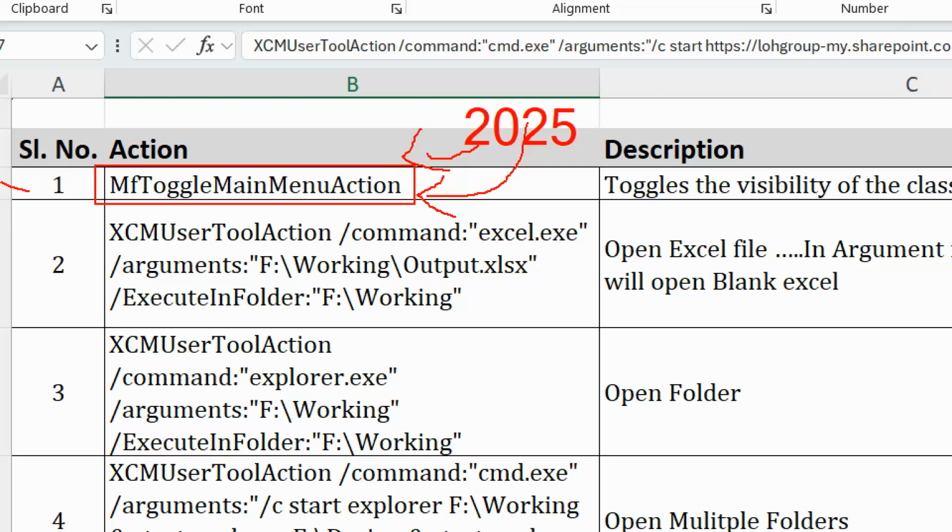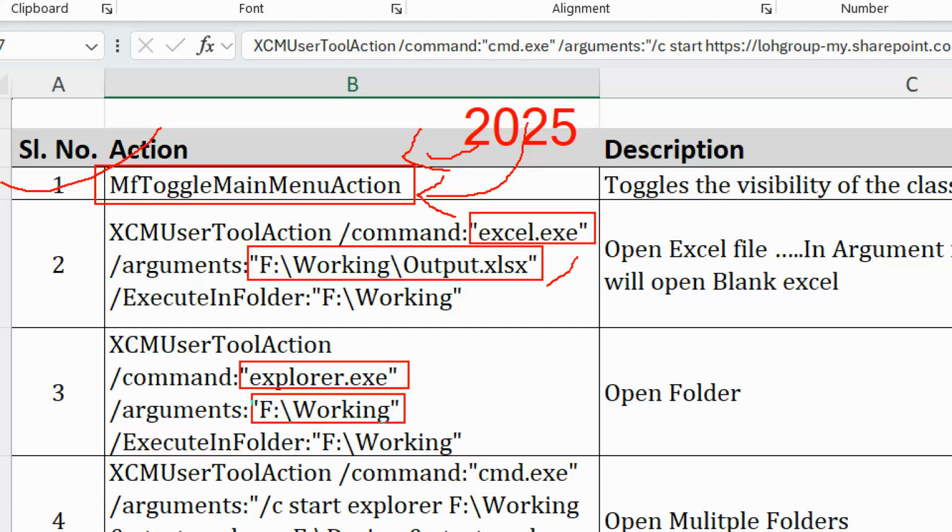Today we saw excel.exe, and you take that file directly. There are 3 things: first the command, after that the arguments, and execute in folder. This one is not compulsory, but these 2 are compulsory for us. Second, to open a folder, we use the option called explorer.exe, and directly we give the folder name we want. Automatically it opened a